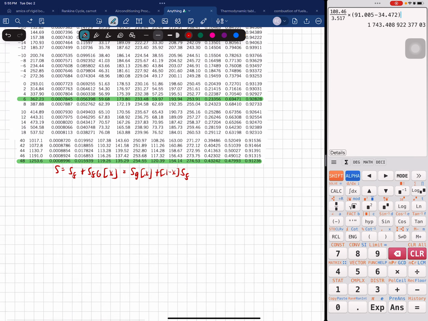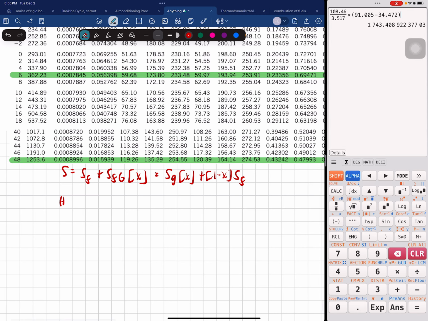Okay, same principle applies in enthalpy. HF plus HFG X is equal to your HG X plus 1 minus X HF. Okay,